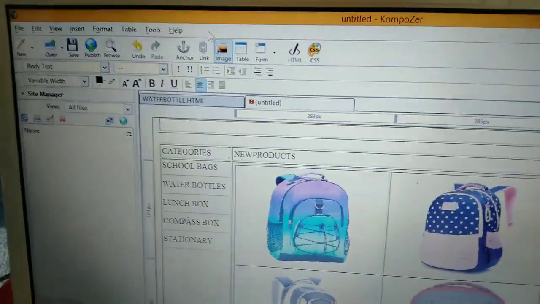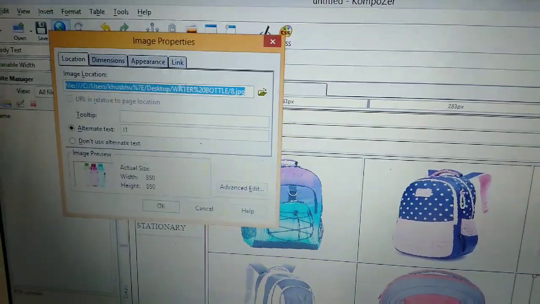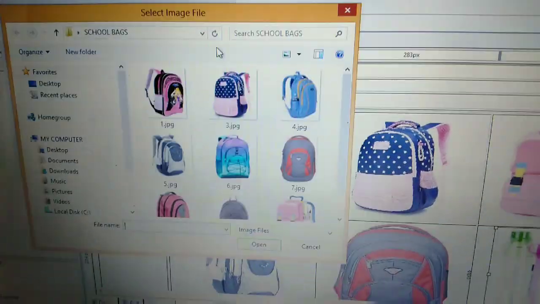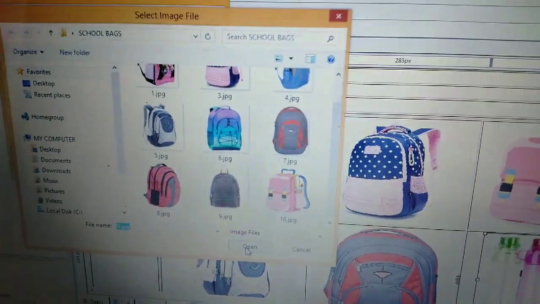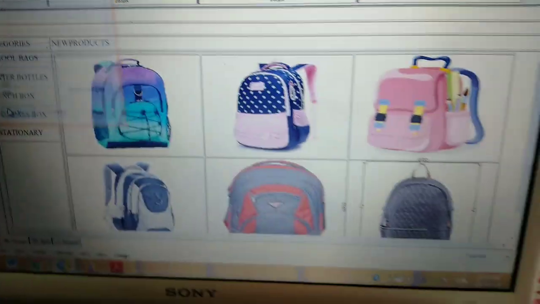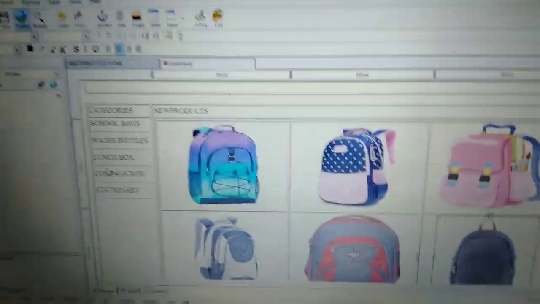Sixth image, insert image location. Open. Okay. Can you see my school bag page is ready?